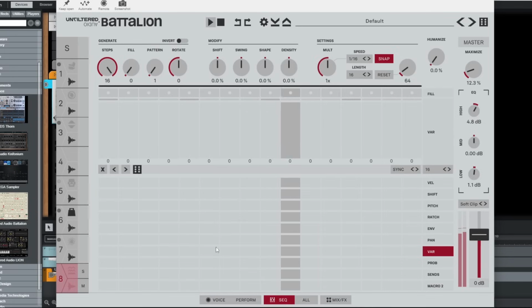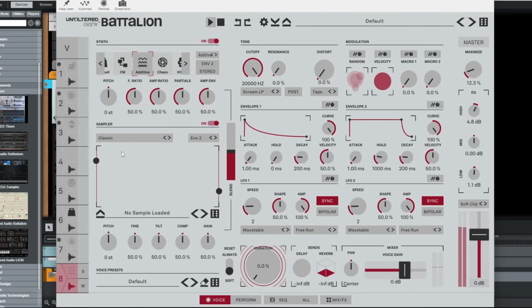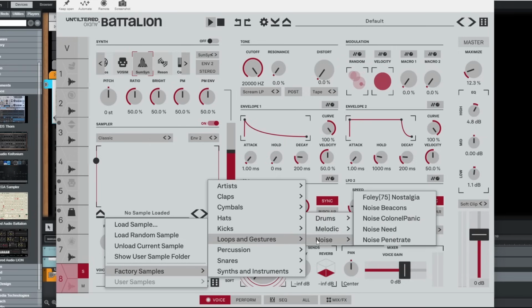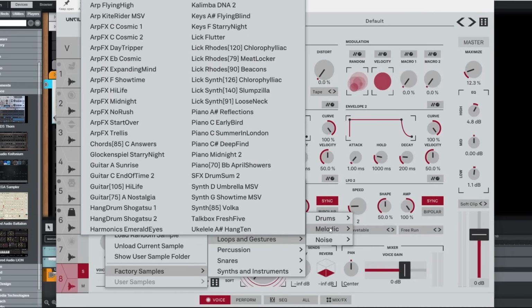Okay. I'm going to have another sample play on this one, I think. So let's go. At the moment, it's this Additive. I don't want this on though, so I'm going to go into sample and factory samples, loops and gestures, noise, Foley, nostalgia, melodic, and